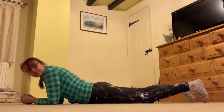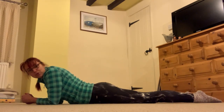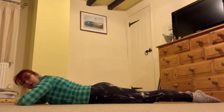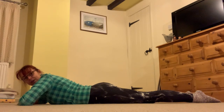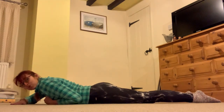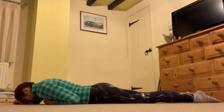It's the leg kicks. We did single, we did doubles. Feel free to go straight to the double if you want. Get something underneath your head if you want. Bring yourself down. Try and keep your eyes looking to the ground so your forehead is resting on something, whether that's your hands or something else. I'm going to just move that arm out of the way so you can hear me talking better. So breathe in, and as you breathe out, 1 or both legs,